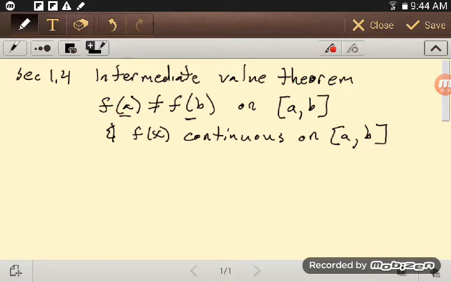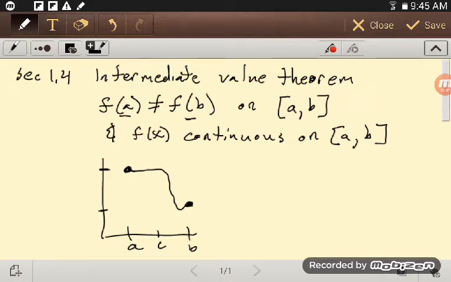And so if we have that, then the intermediate value theorem says essentially that, here's a, here's b, there's maybe f at a and f at b, they're not equal. Well, if it's continuous, then no matter what it does, it hits every value in between. So what that says is if I'm here at c, then what I can do is